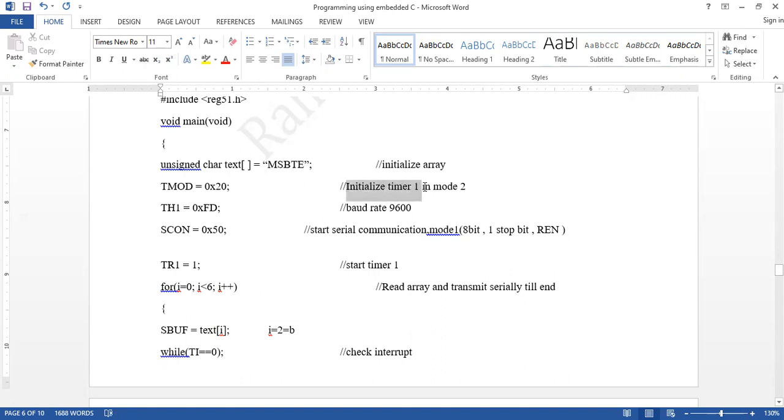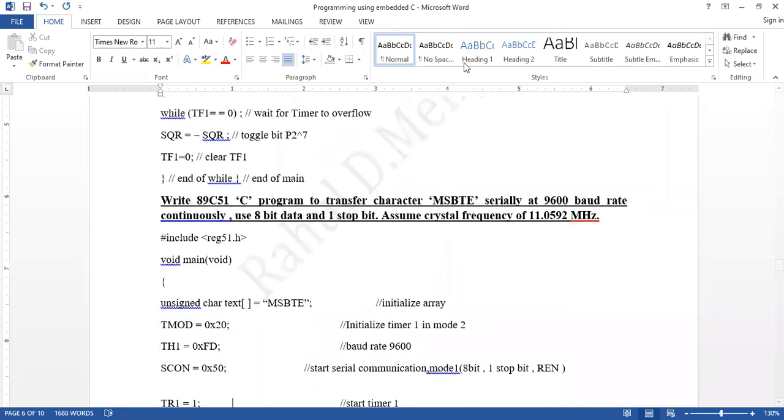Timer 1 or timer 2, you can take any timer. If you take timer 0, then you must use TH0 and TR0.